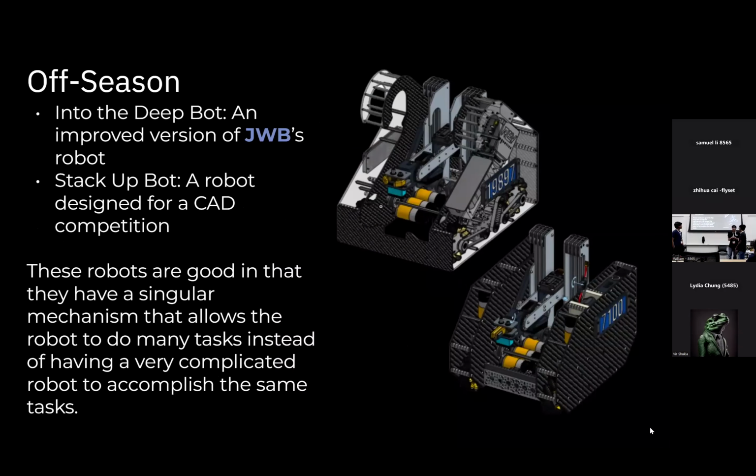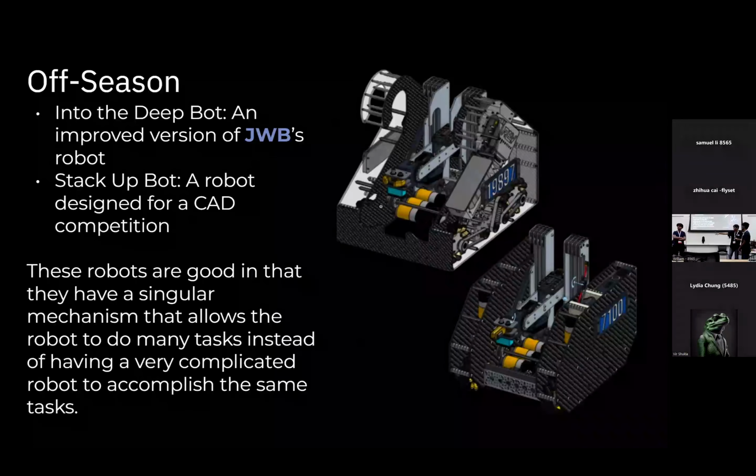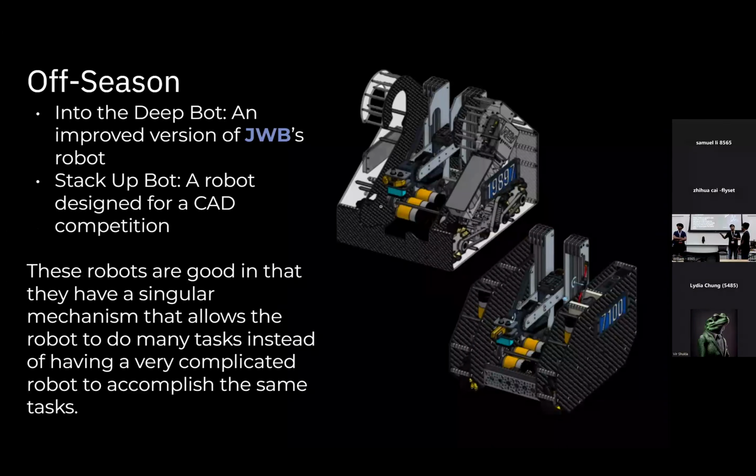Alright, so now we're talking about what we also did during off season. So during the off season, as you can see to the right, we have this one robot that we decided to make as an improvement from the sophomores' robot that we had, right? One of the issues with the sophomores' robot was that they didn't focus that much on wiring, right? So they used a coiled wire, however, it was from a USB charger, which only tolerates 5 amps, whereas the amount of power the control hub sends to the servos and motors is approximately 30 amps, right? And so they tried a couple of fuses during competition, and they realized later on in the competition that this was an issue. So we tackled this wire management issue by